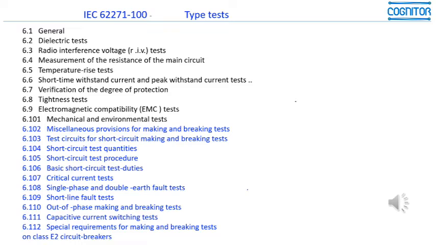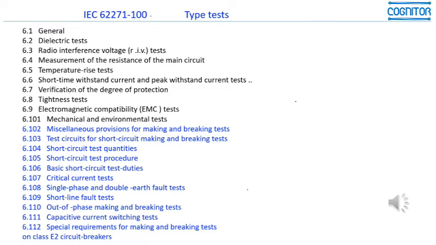For the breaking test, short circuit test, there are several variations like short line fault test, out of phase making and breaking test, capacitive current switching test, and all of these situations are required for the several types of breaking operation that a circuit breaker will have along its daily life.